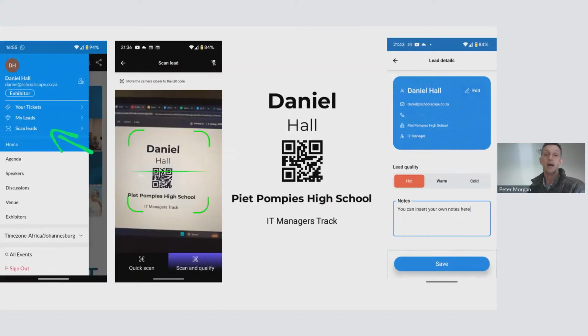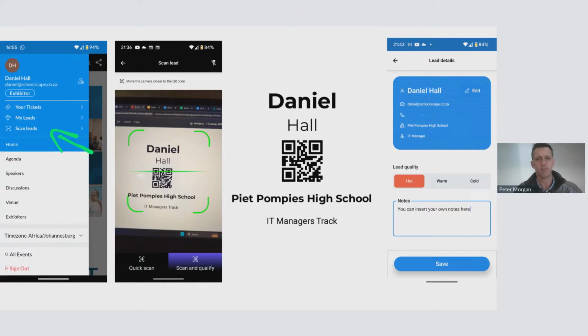Next thing, importantly, the reason they have to invite booth staff members is to make sure that they can scan leads on the day. Once you enter the app, on the left-hand side there will be a tab under the home tab. You're going to click on that. There will be a scan leads option. It will open up a screen. The next one has a green block around it that you scan leads with.